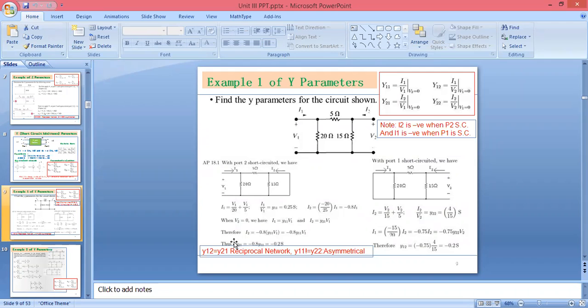Now you are supposed to calculate the value for Y22. How will you get? You can make port 1 short circuited. If anyone is facing any issue, or anyone is not getting any point, you can unmute yourself and ask me. Okay, these are the mathematical calculations. Whenever you solve on your notebook, at that time you will get the things. ये मैं ऐसे बता रही हूँ, virtually you will not get all the ideas clearly. You are supposed to solve on your notebook. At that time you will get it. I am just explaining how you are supposed to solve.